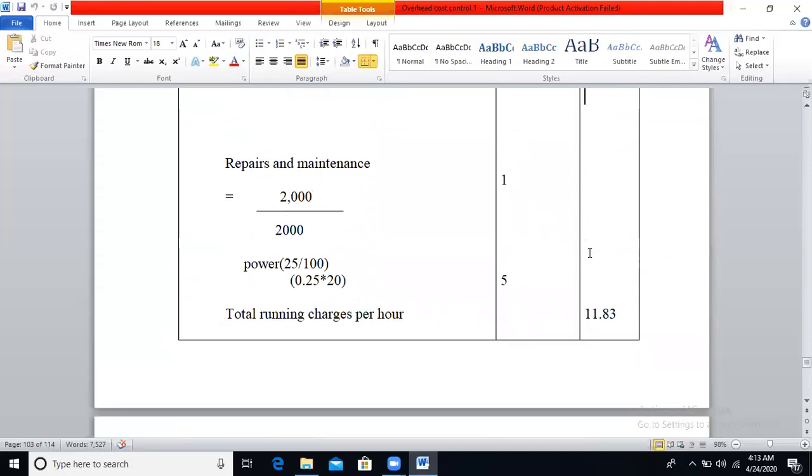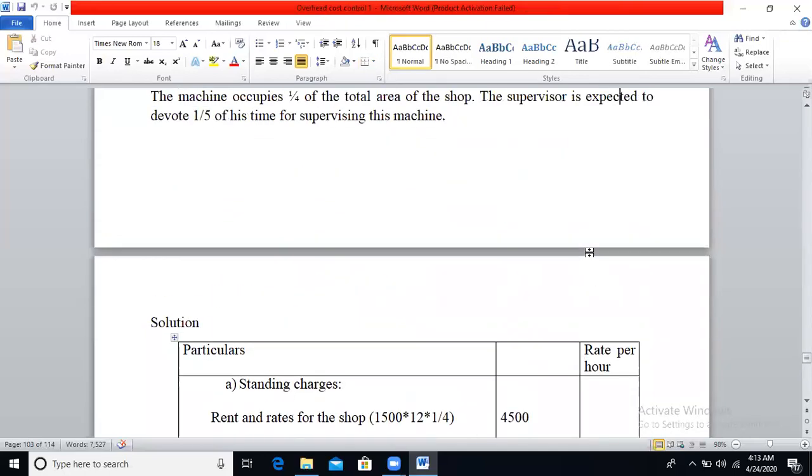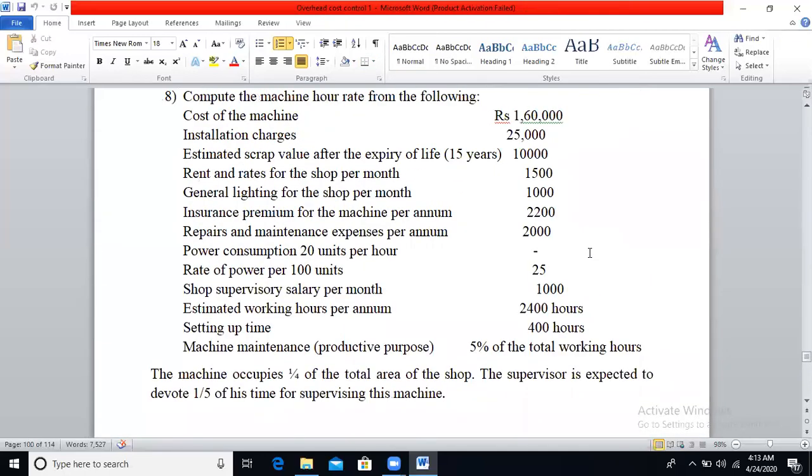So the main thing here is identification of expenses into standing charges and variable expenses, and calculation of depreciation is the main